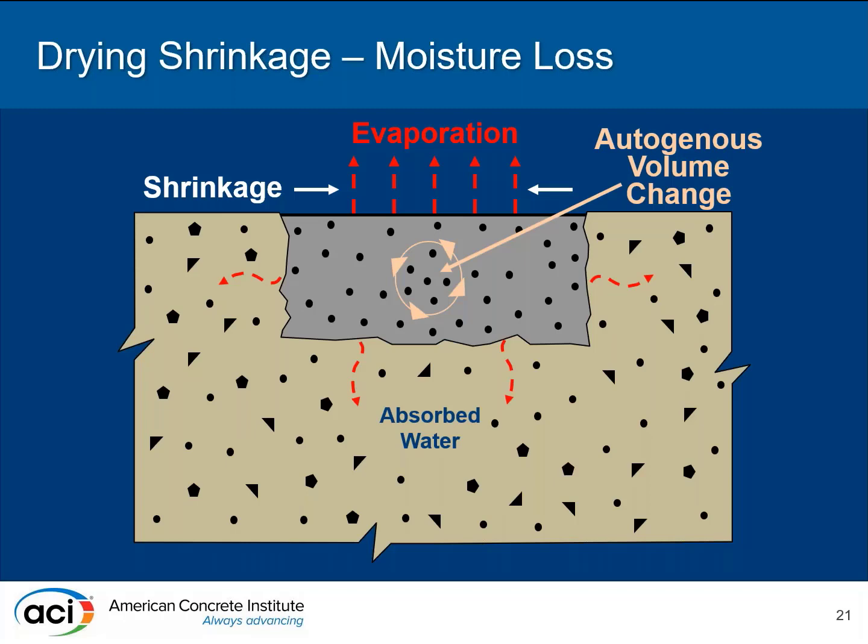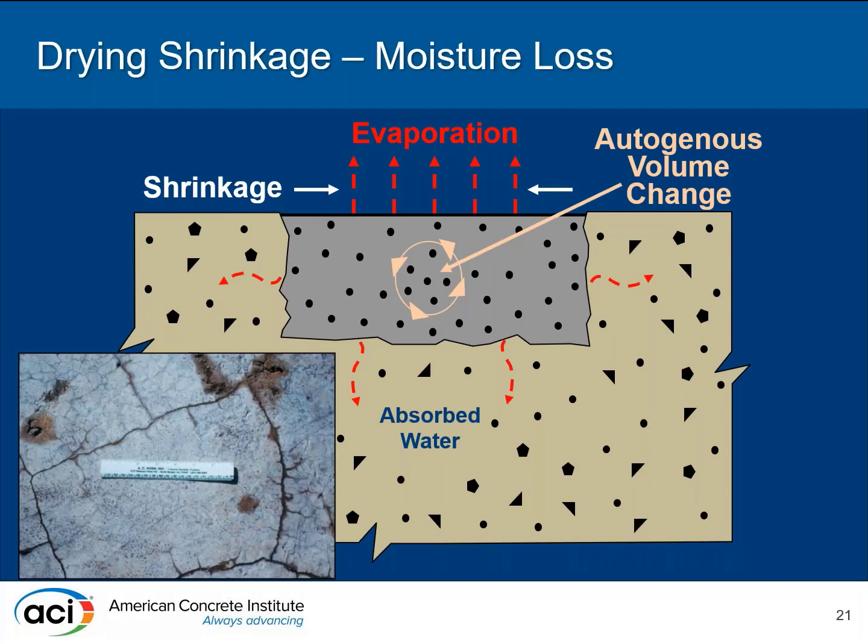But for compatibility, the first one is, okay, I need to expect this material to shrink. What am I going to do, and how am I going to avoid it? So you can manage it and address it so that you don't end up with things like this, where you've got a whole bunch of cracking in your new material. It's pulling away from the existing concrete. So compatibility in terms of volume change and shrinkage is an important aspect to think about when you're figuring out